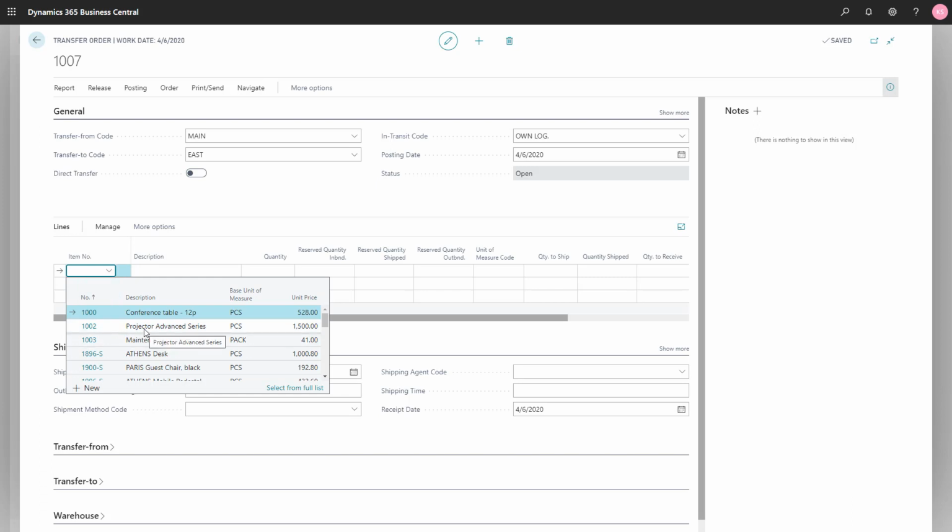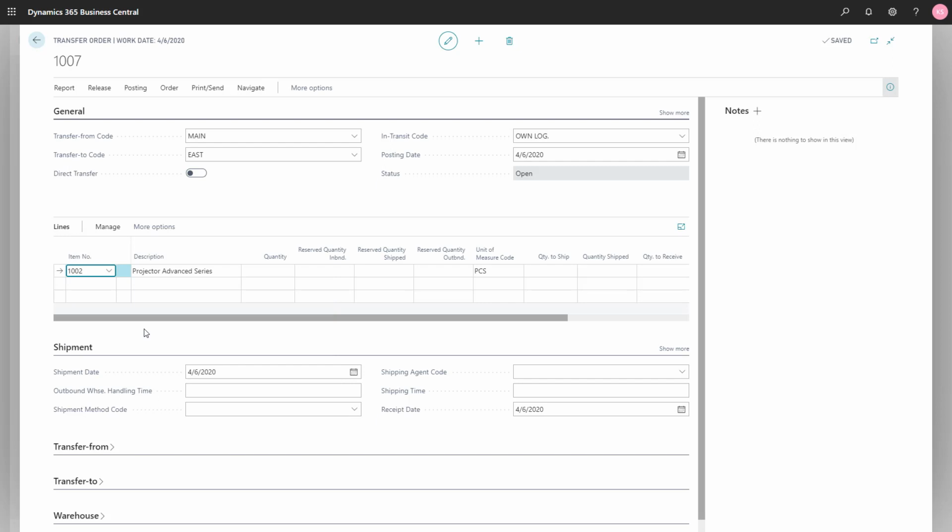So in one of the previous demonstrations, I purchased the item. So we have received 100 units with their own serial numbers. And now let's, for example, transfer 12 units from main to east. Okay, so these are the 12 units, and just like all the other examples, if you try to post this,